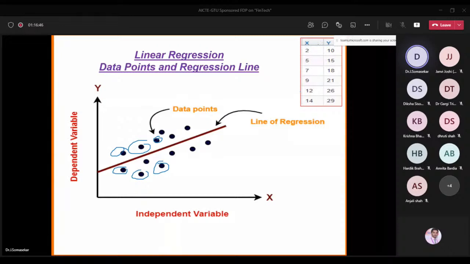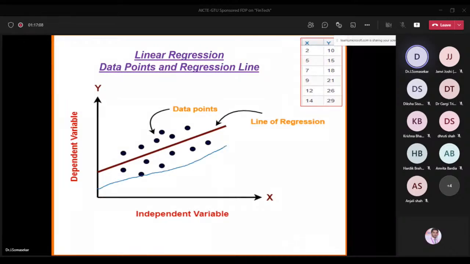So you can see here this is the data set, and this data set we have to make as a scatter diagram. These dots, or we can call them plots, are nothing but the data points or sample data. Now the question is how to find the regression model. So we have to make a regression model. Let us assume we are talking about linear regression. So like this we have to find one regression model.